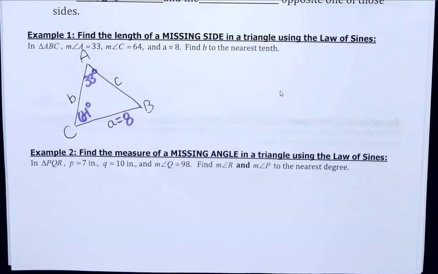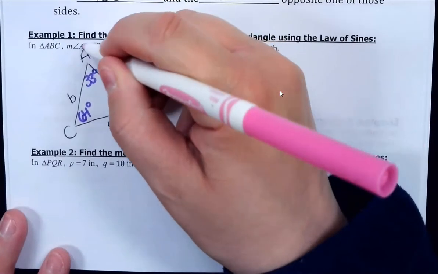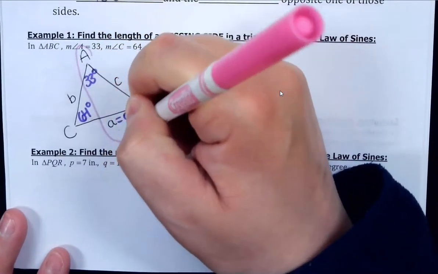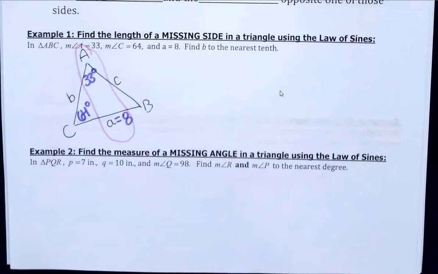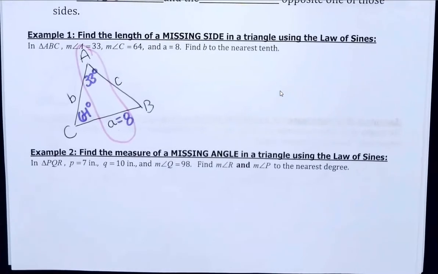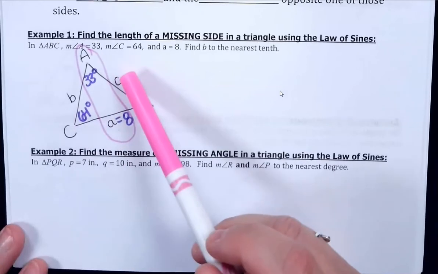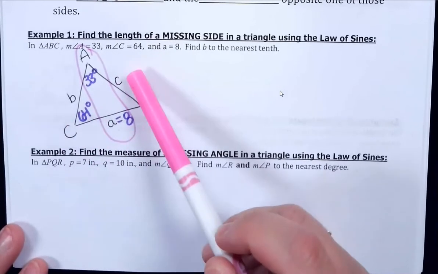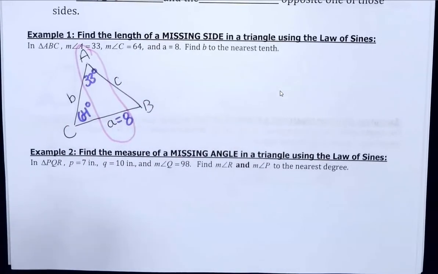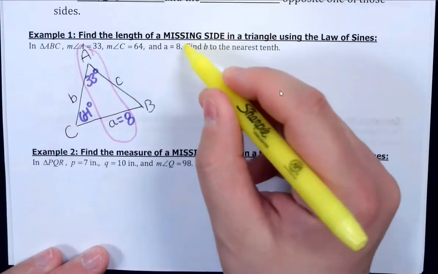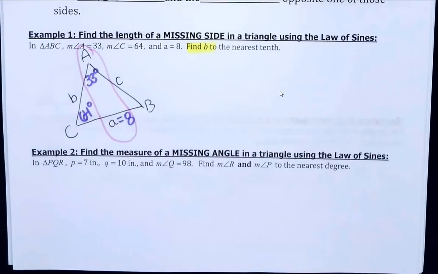Okay, whenever I do law of sines, I like to see what I have. So to set up any of the proportions, you need the angle and the side across from it. So I have angle A and side A. I also have angle C, but I don't have side C. Now, the reason I'm not going to circle that is because the question actually wants us to find side B